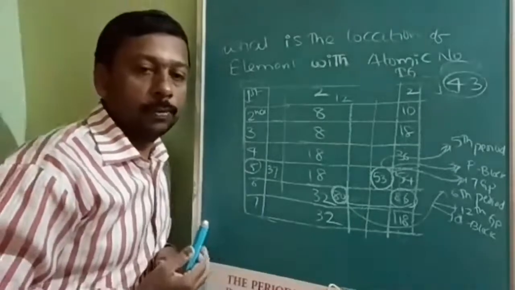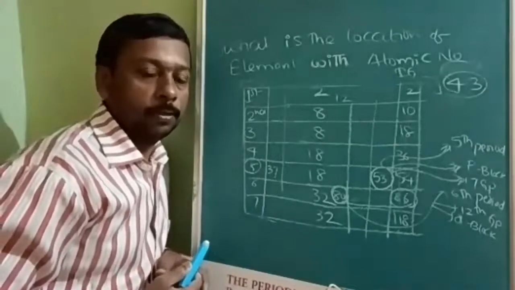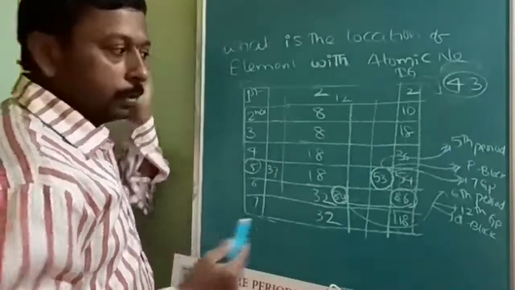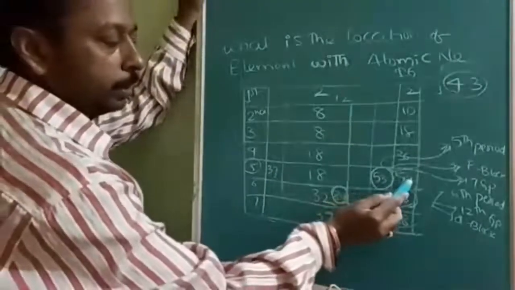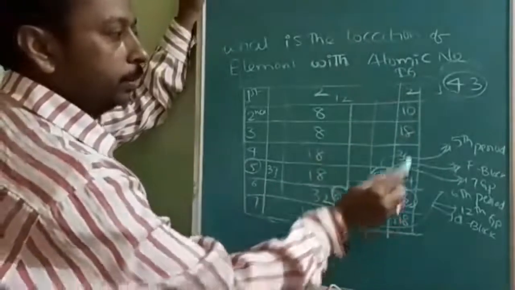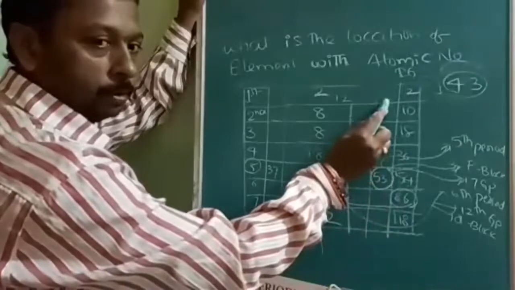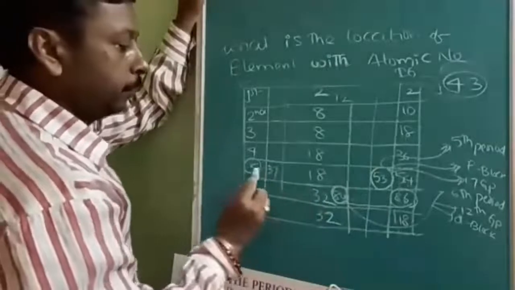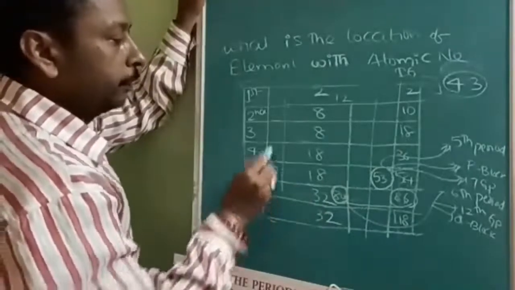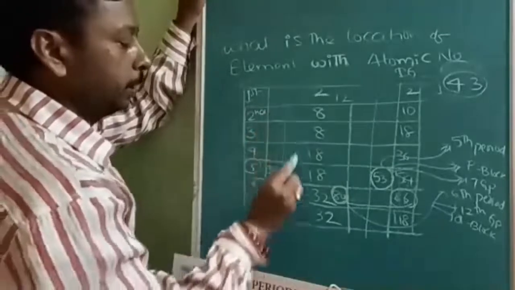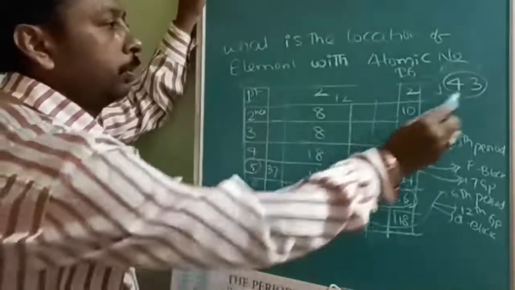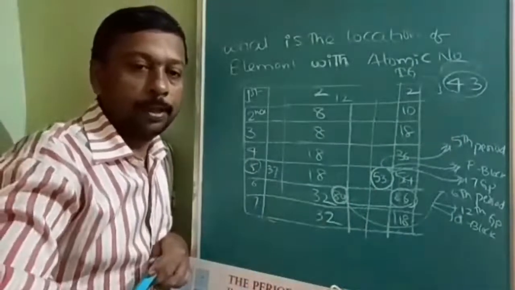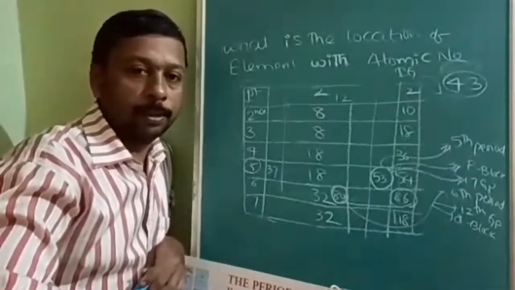Sometimes you have to go forward. Sometimes you have to go backward. Backward and forward, when you should go? Is it understood? See here, you are going backside. 54 is the 18. 53 will be 17. Now in this direction, if you are going, 37 will be first group, 38 will be second group, 39 will be third group. Like that, if you count, 43 will be seventh group. Is that clear?